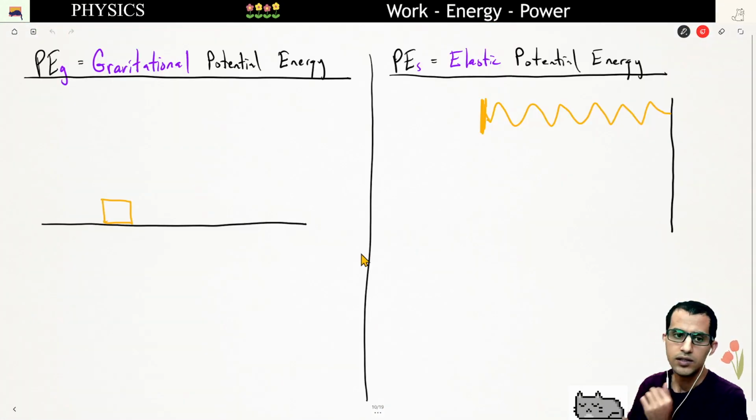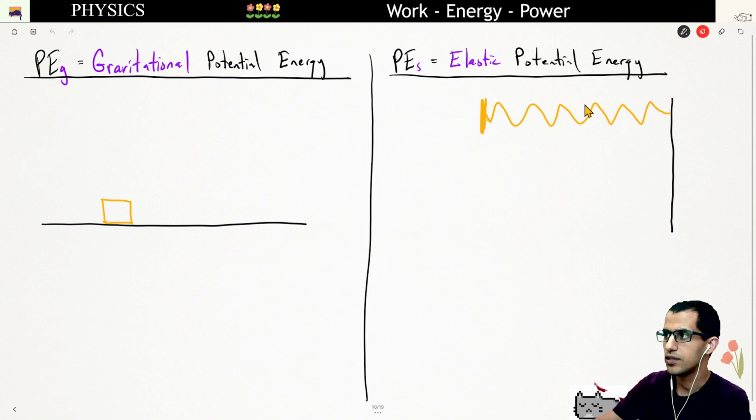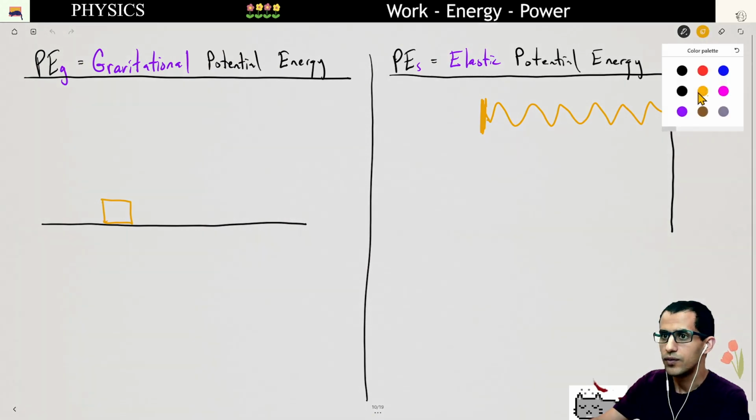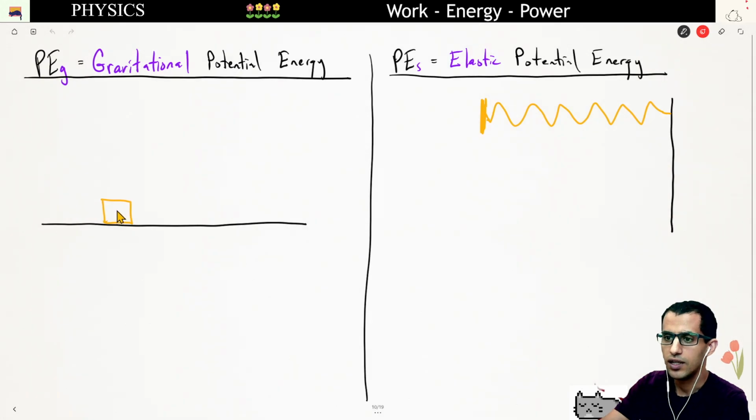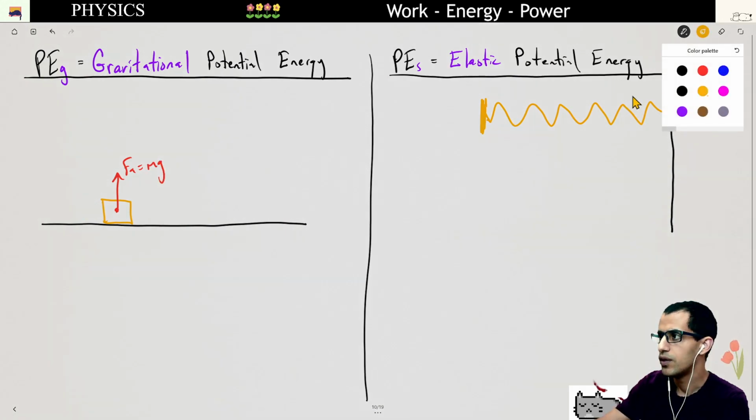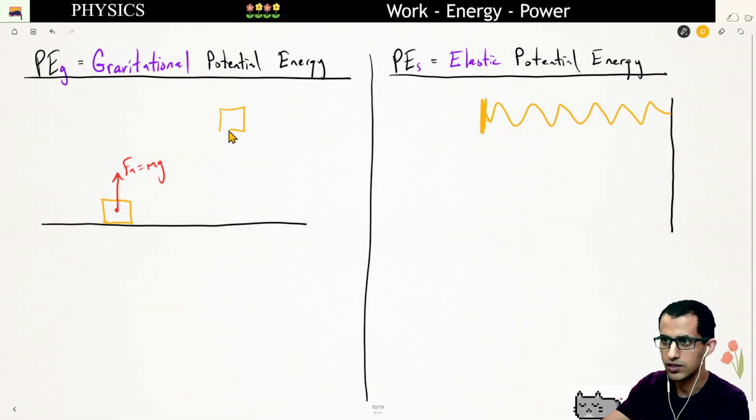Okay, so now we're going to look at the equations for gravitational and elastic potential energies. For gravitational, we're going to do work on this object. We're going to apply a force. The applied force here is going to be equal to the weight, which is mg. And if we move this up at a constant speed, such that all the work done is just equal to the potential energy, the object reaches some elevation here,